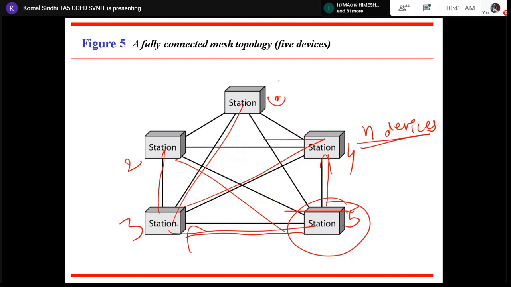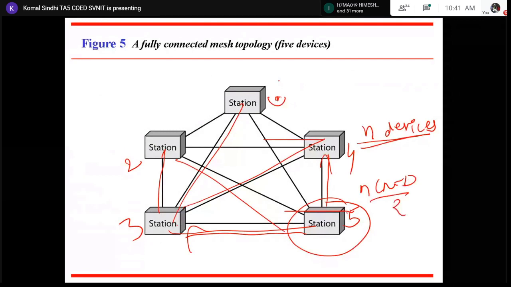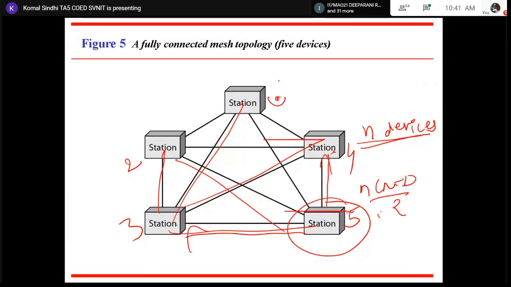Yes, it is n into n minus 1 by 2. Simple maths, right? If we have n devices, then mesh topology must have n into n minus 1 by 2 links.